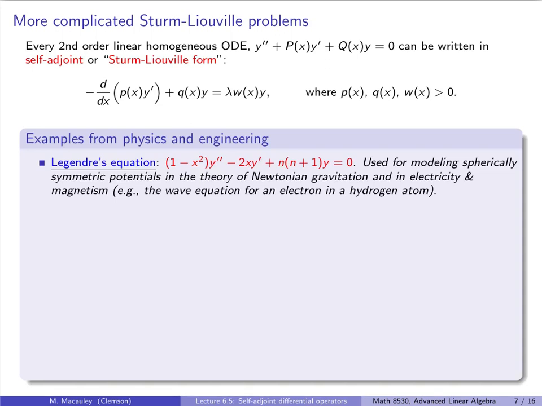Here are some examples of Sturm-Liouville equations from physics and engineering. The first one should look familiar, Legendre's equation. We saw this in a previous lecture in this class. This is (1 minus x squared) y double prime minus 2xy prime plus n(n plus 1)y equals 0. This is used for modeling spherically symmetric potentials in the theory of Newtonian gravitation and in electricity